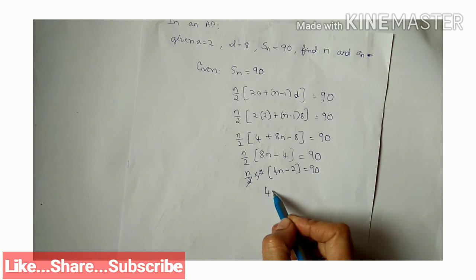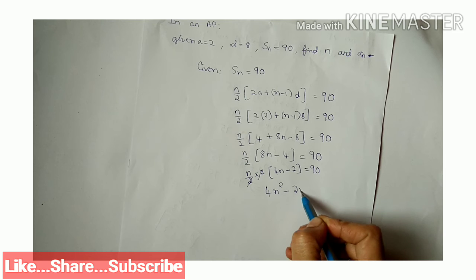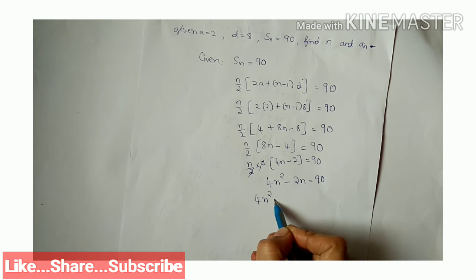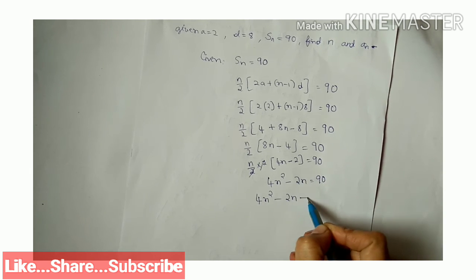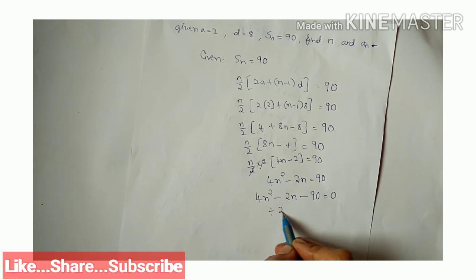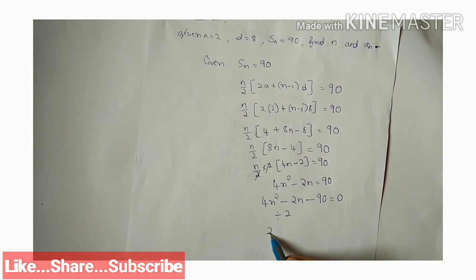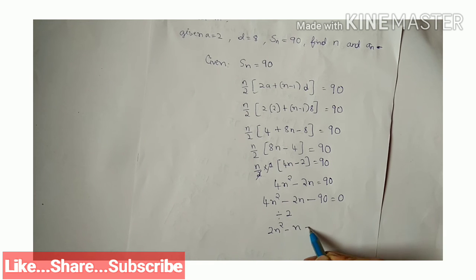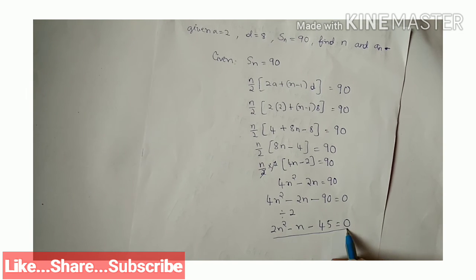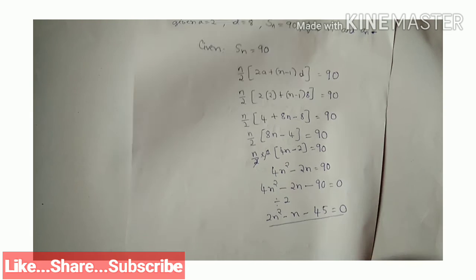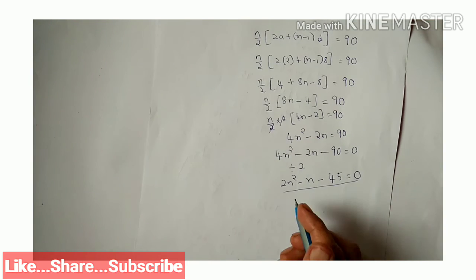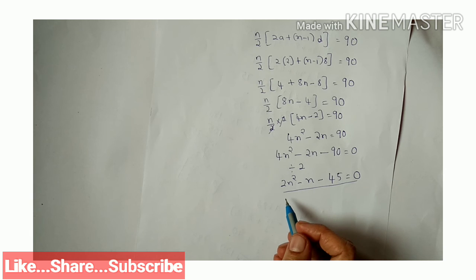So 4n square minus 2n is equal to 90. We can write this as 4n square minus 2n minus 90 is equal to 0, divided by 2. 2n square minus n minus 45 is equal to 0. This is a quadratic equation. We have to solve this by the method of factorization, splitting the middle term